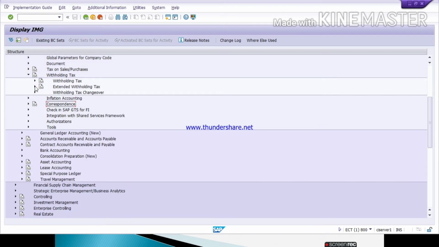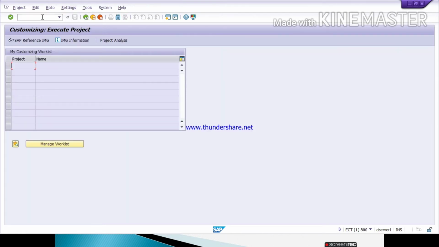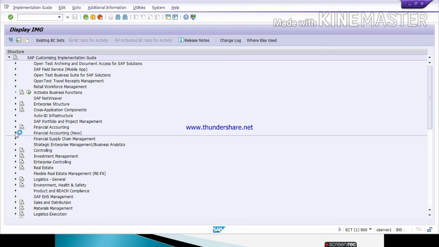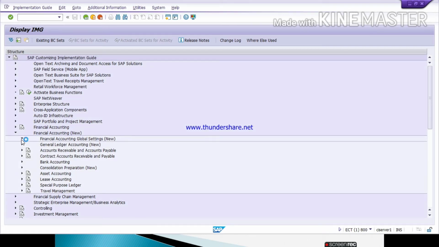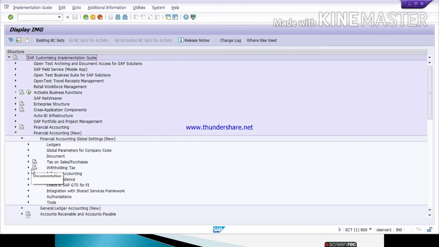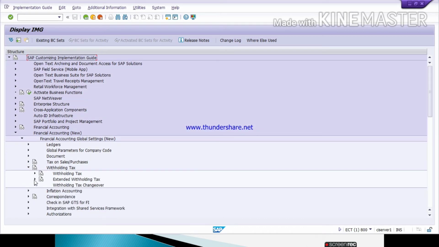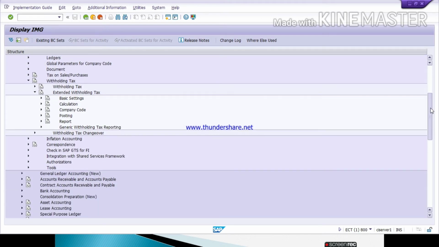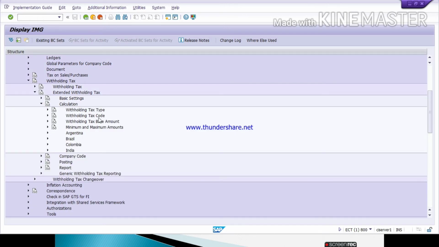I'll show you from the starting. Run T code SPRO, SAP reference IMG, financial accounting new, financial accounting global settings, withholding tax, extended withholding tax, calculations.